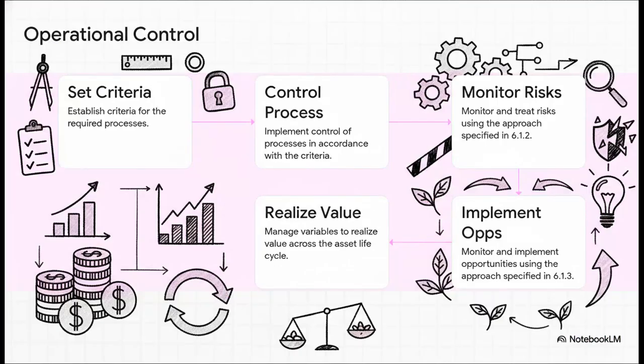So, Section 8.1 basically gives us 5 key pillars for operational control. It starts with Step 1. You've got to establish the criteria for your processes. Think of these as the rules of the game. Then, Step 2 is implementing controls to make sure everybody actually plays by those rules. And what's really important here is Step 3 and 4. You're not just monitoring and treating risks, you also have to be actively monitoring and implementing opportunities. And finally, Step 5 is all about managing those variables. Juggling the risks, the opportunities, the costs, and performance to make sure you are squeezing every single drop of value